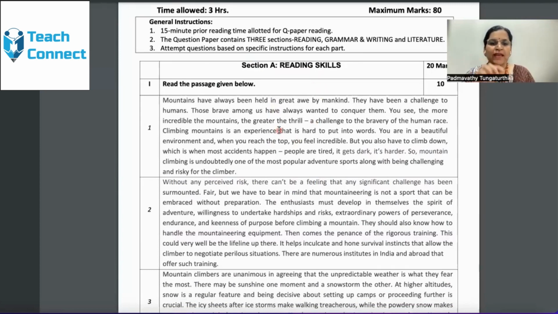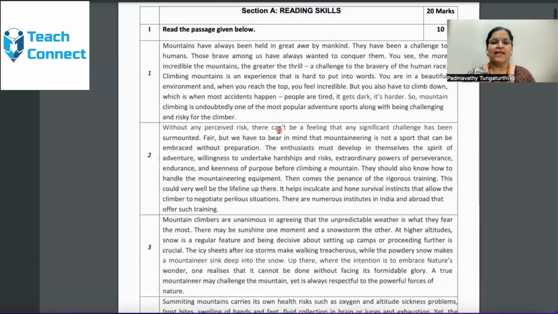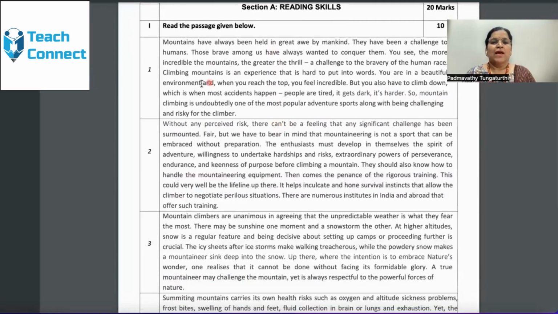Then, how should they comprehend what is given in passage number 1? Mountains have always been held in great awe by mankind. That means the passage consists of material which talks about the mountain and how beautiful they are. Go to the last line of the passage.